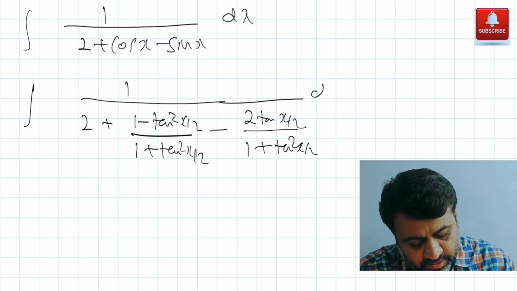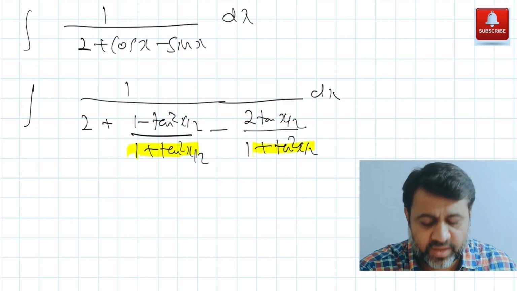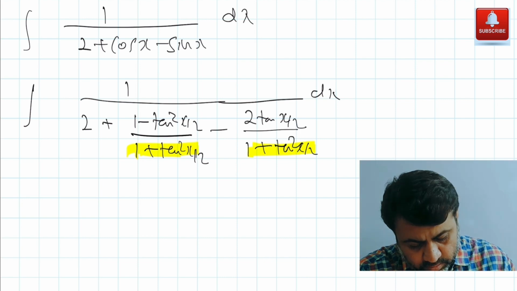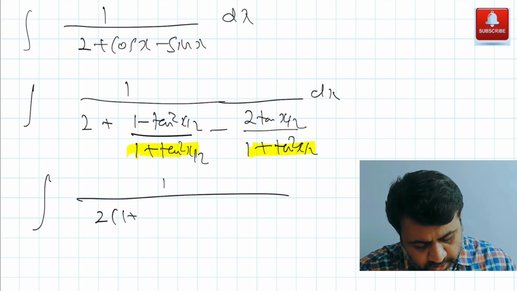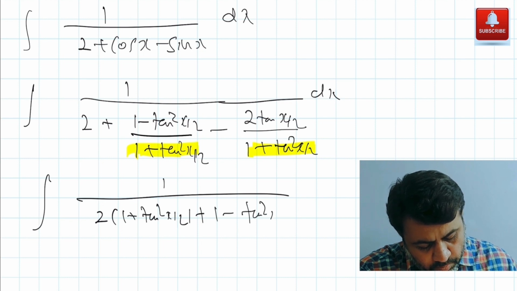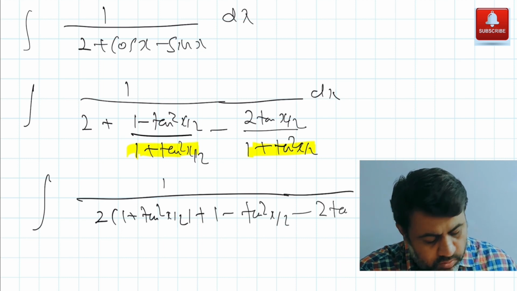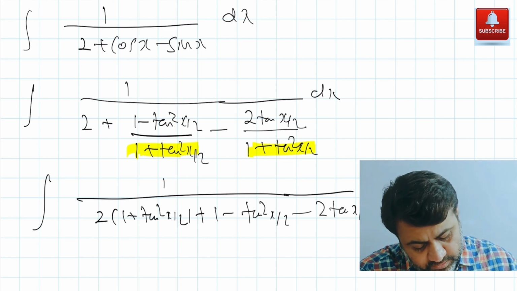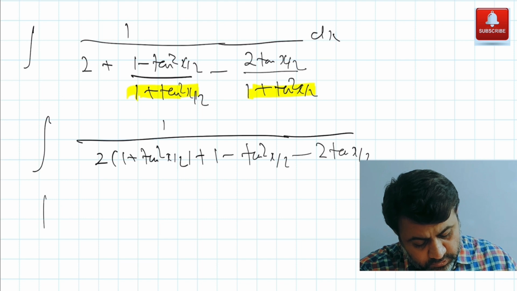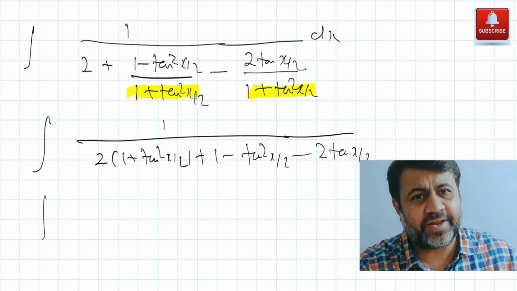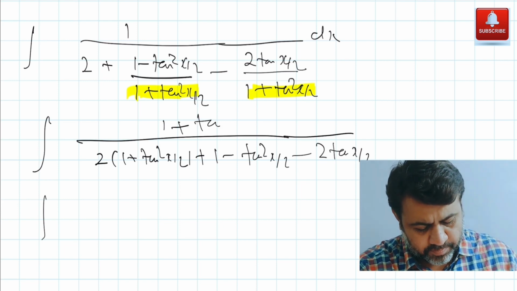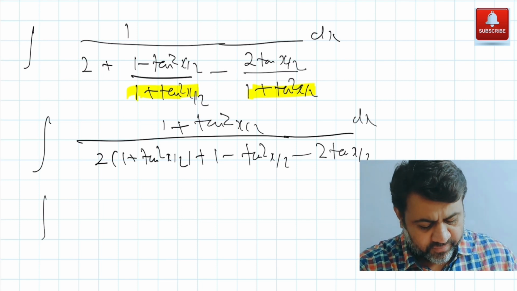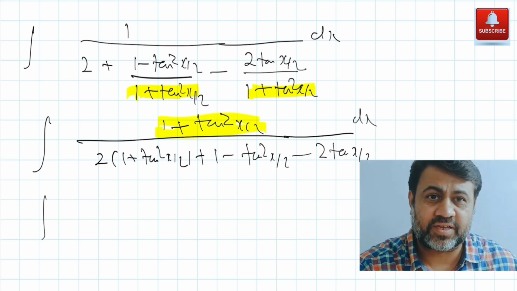Now I need to take LCM, so यहाँ पे denominator में 1 plus tan square x by 2 we have. So I just simplify this here, we get 1 by, this 2 is, I'm multiplying with 1 plus tan square x by 2 plus 1 minus tan square x by 2 minus 2 tan x by 2. Okay, and now we just try to simplify this, and everything divided by 1 plus tan square x by 2. So I can take that in the numerator, right? 1 plus tan square x by 2 I am taking in the numerator. Next step पे क्या करेंगे, ये 1 plus tan square x by 2 के बदले हम लोग क्या कर देंगे, we can write sec square x by 2, right?